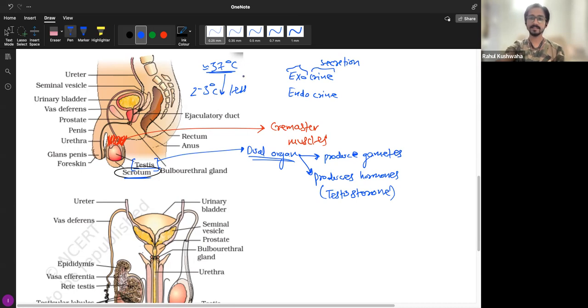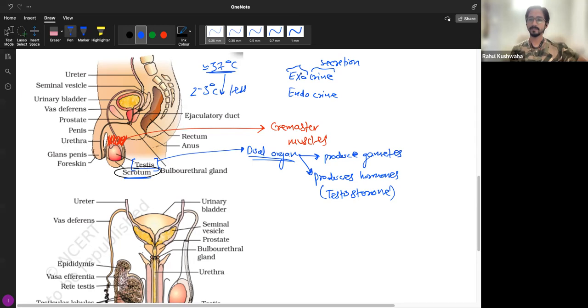So any organ or gland that releases its secretion outside of itself. If you are producing something at one place, but you want to secrete it at another place, how will you do that? You have a tap in your home, but you want to water the plants which are in your garden. One way is to use a bucket, carry the water and go there, but the tap is constantly open. So what is a good idea?